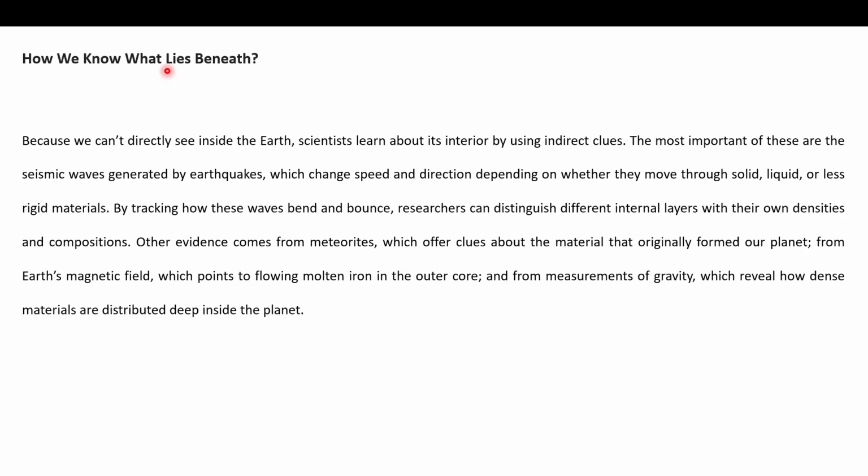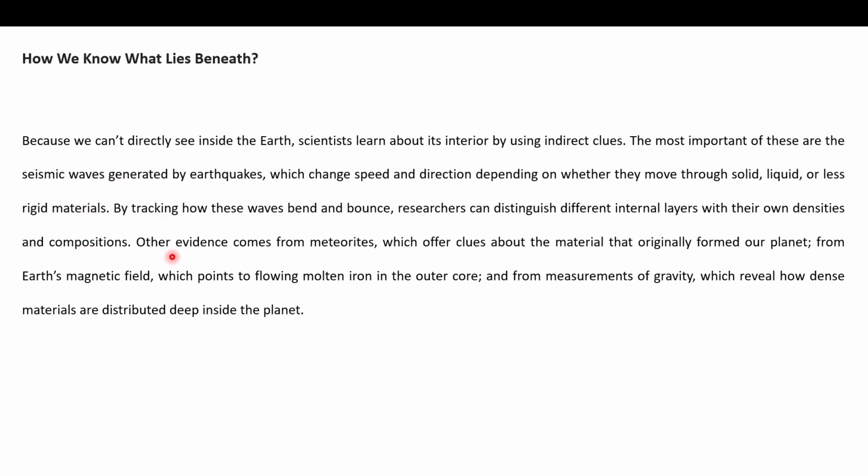So how do we really know what actually lies inside? At such deep layers, it isn't like someone has gone inside and was able to see, because we can't directly see what's inside the earth. So scientists learn about its interior by using indirect clues. The most important of these are the seismic waves generated by earthquakes, which change speed and direction depending on whether they move through solid, liquid, or less rigid materials. And by tracking how these waves bend and bounce, researchers can distinguish different internal layers with their own